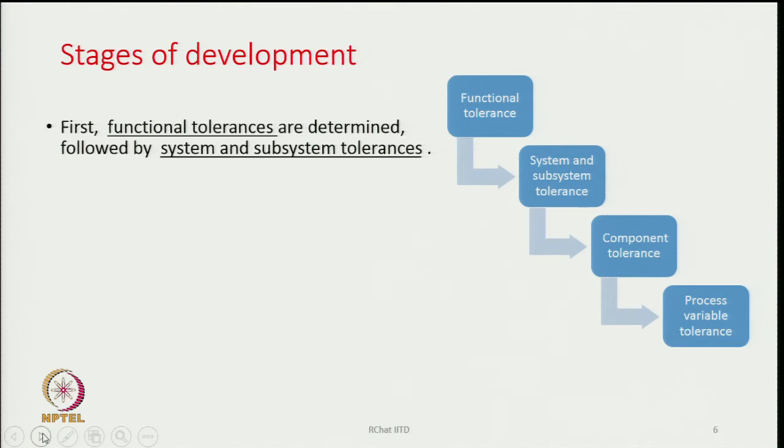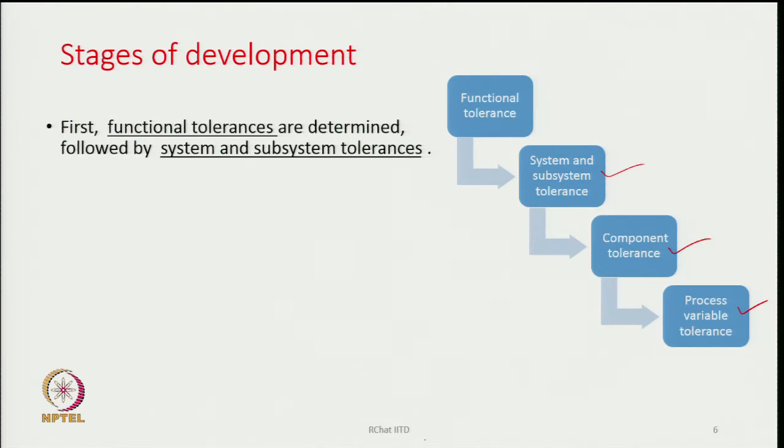So, stages of development is stated here: functional tolerance. From there we go to the system and subsystem tolerance. Then comes component tolerance and process variable tolerance. So, first we look into the functional tolerances, and followed by